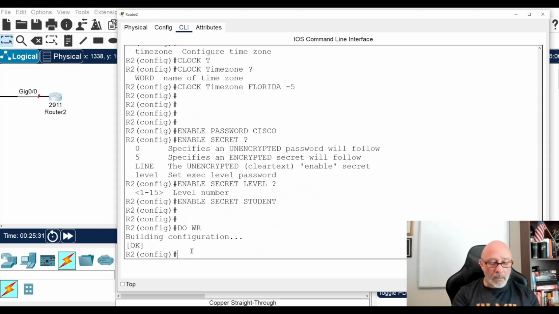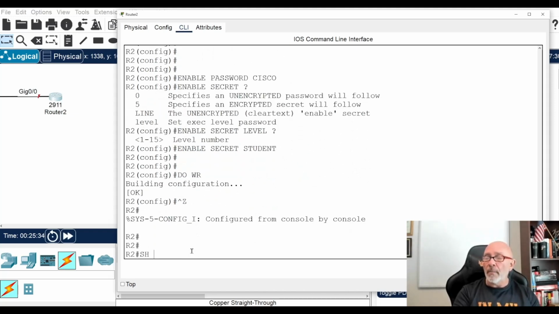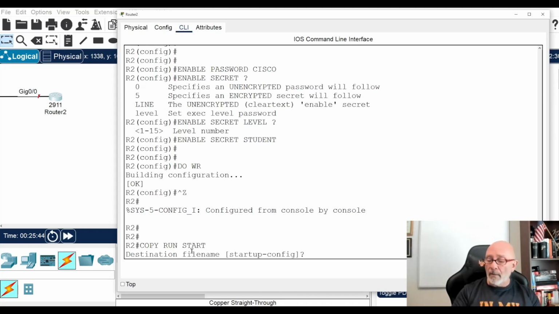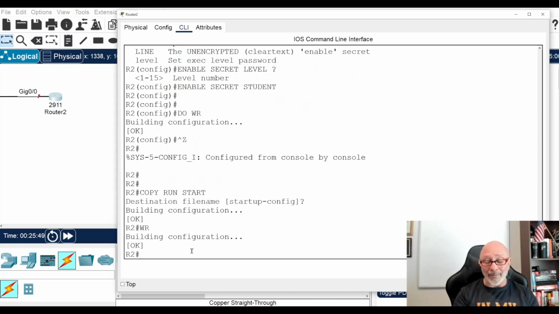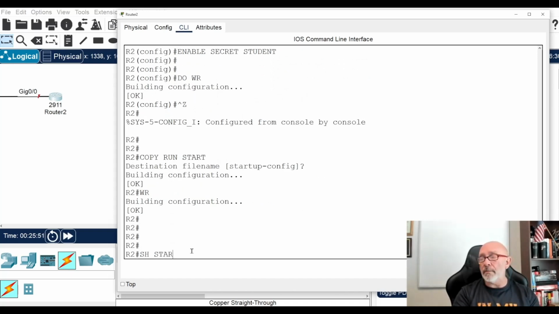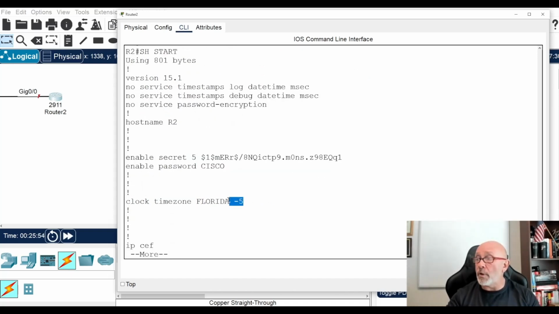Let's stop right there. Let's go back, and we're going to do show start or show run. Well, let me do a WR, which is the same thing as copy running-config startup-config, your running config to your startup config, right? There's your startup config. It's in brackets, so just hit enter. All right, or you can just do WR, same thing. Then you do show start, and there you see the time zone. There you see the plain text password, the enable password Cisco, and the enable secret is using MD5, which has been hacked already. You can use that, but for testing purposes, this is how you're securing your router.